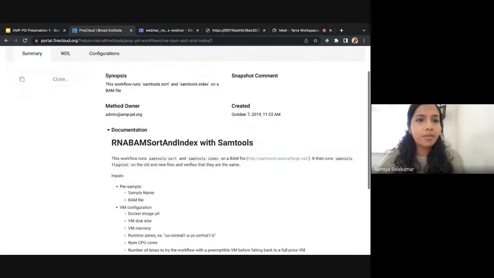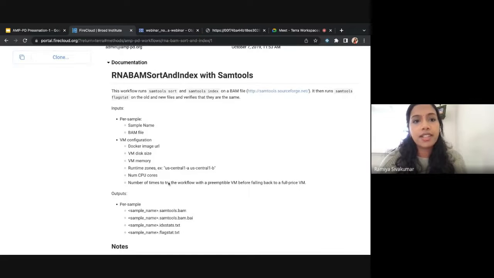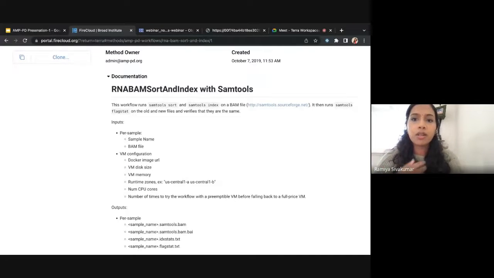When I read through the documentation, I can see that what this workflow does is it runs SAMtools sort and SAMtools index on a BAM file. It then runs SAMtools flagstat on the old and new file and verifies that they're the same. So this does a few of the things I want to do. It runs SAMtools sort and SAMtools index. I don't need to run SAMtools flagstat, but I do need to add an additional filtering step. So this is a good starting point for modifying it